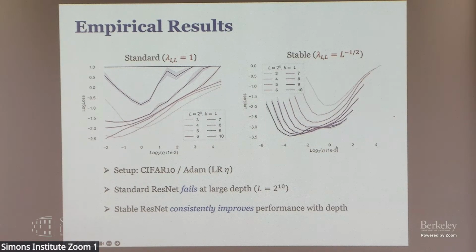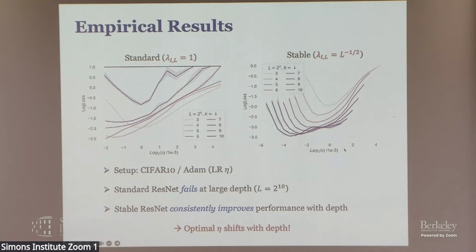The optimal learning rate, on the x-axis, you see that it shifts towards the left. So there is a significant shift of the optimal learning rate with depth, right? So what's the optimal learning rate that we should use to train a depth L model? The optimal one for this depth here is this one, but the optimal one for the deepest model is this one. So there is a significant shift, like 4 orders of magnitude, something like that.